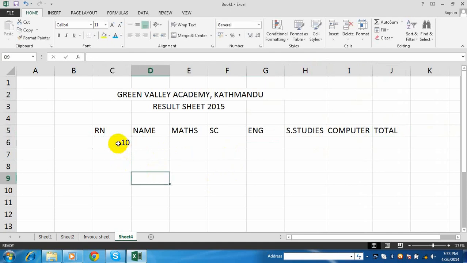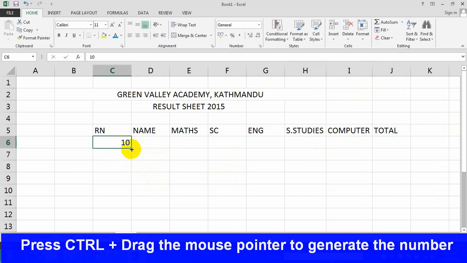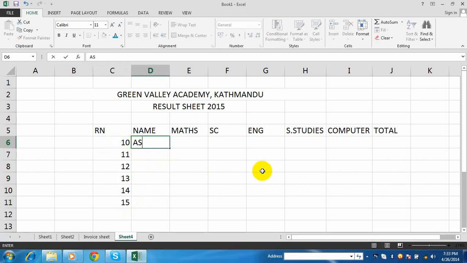Now if you want to generate the numbers automatically, you can press the Ctrl key and place your cell pointer here on this cell and drag. Place your Ctrl key on the keyboard. Now drag. See, automatically the numbers are generated. Now the name is like Assis